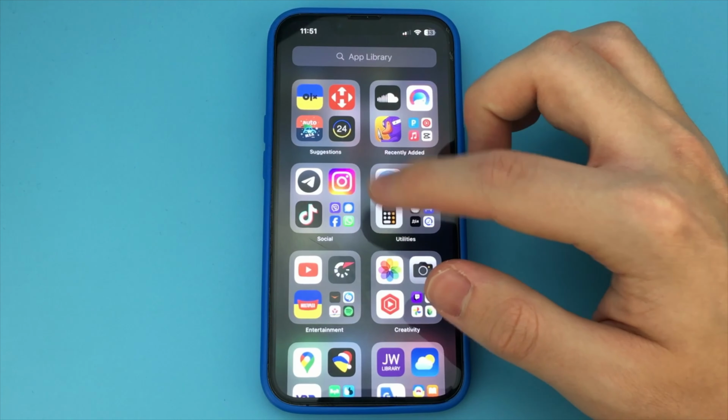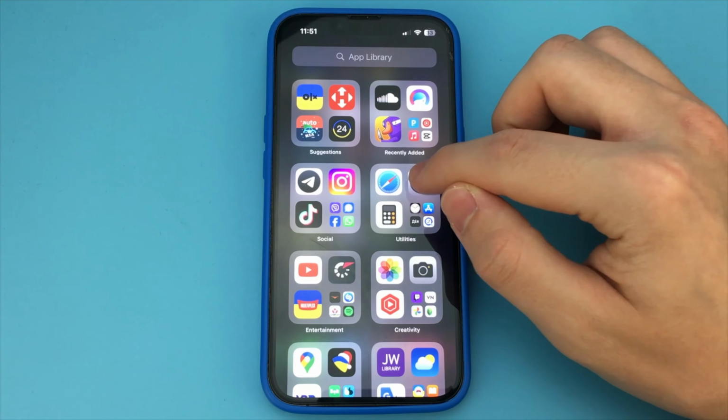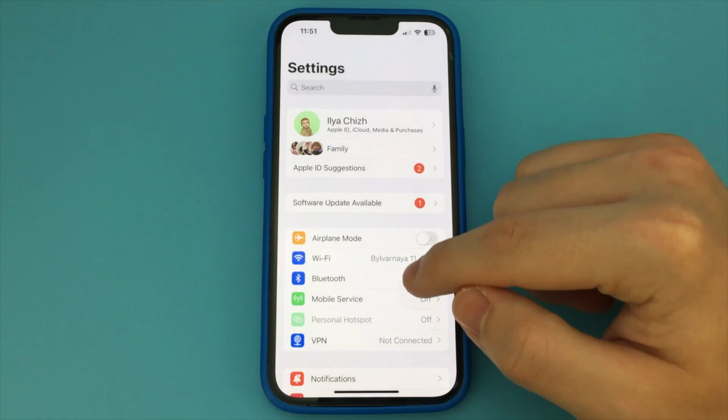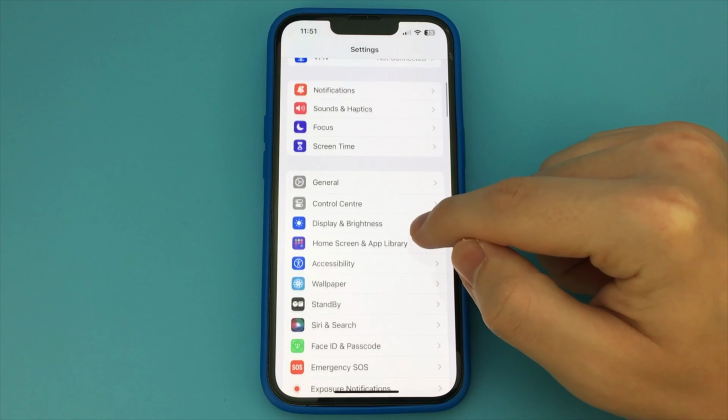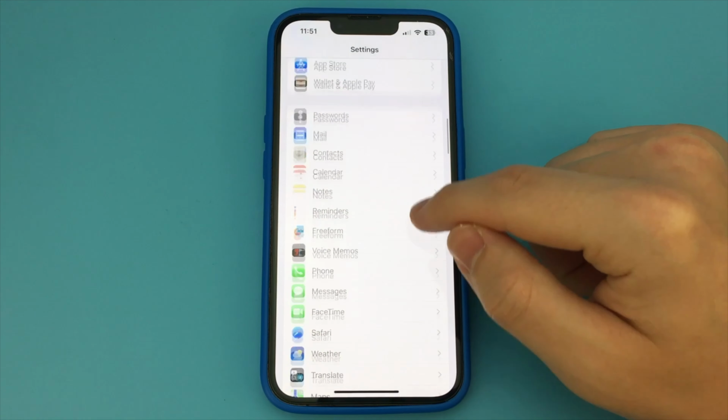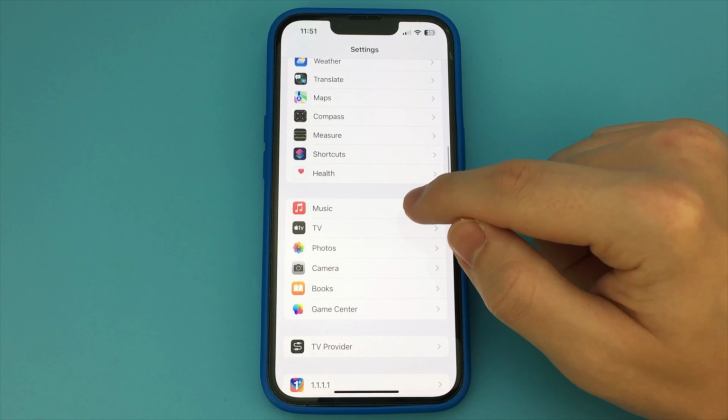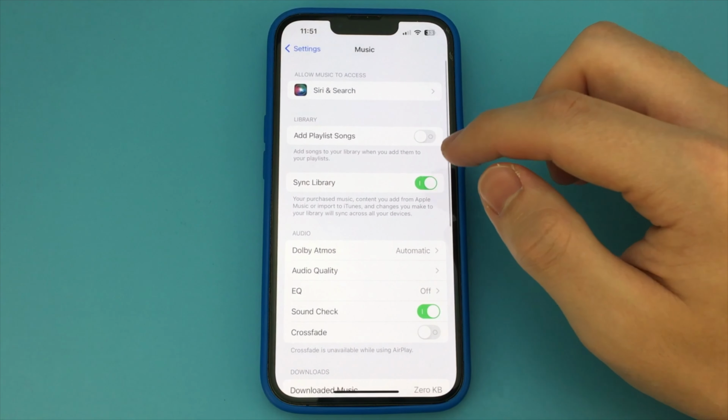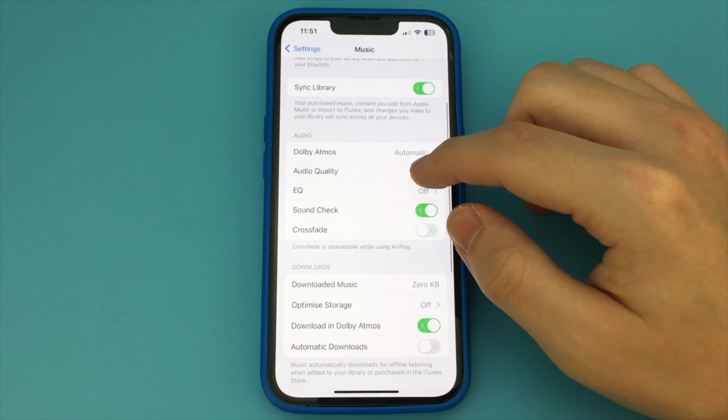If it's not here, then you haven't downloaded it yet. In that case, you go to the App Store and search for two words, Apple Music. This is the most standard app for listening to music and everyone should have it installed. It looks like this. Download it. Then go back to the App Store, and we see that it has already appeared.